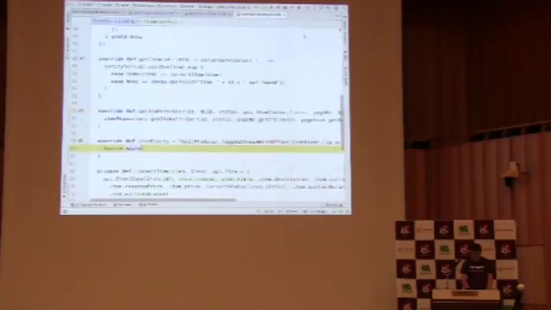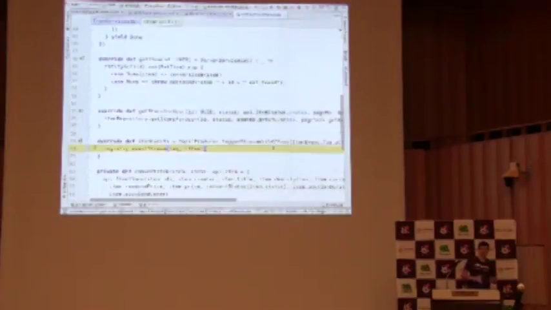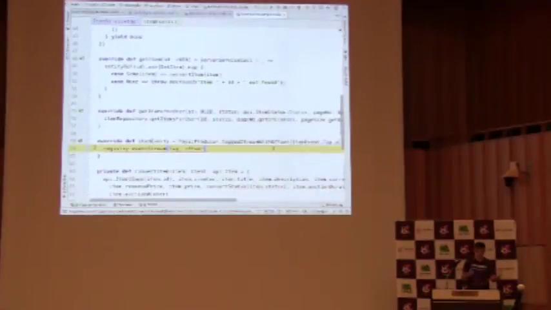I mentioned that Lagom uses event sourcing. Here we're getting the stream of events out of Lagom. So we're going to publish a stream of events and it's going to start from a particular offset. The offsets are used to track which events have been published so far and which haven't, so that when the service goes down and then restarts, we don't publish all the events from the beginning of time again. Having got that event stream, I'm then going to only publish a subset of them. I don't necessarily want to publish all my events.